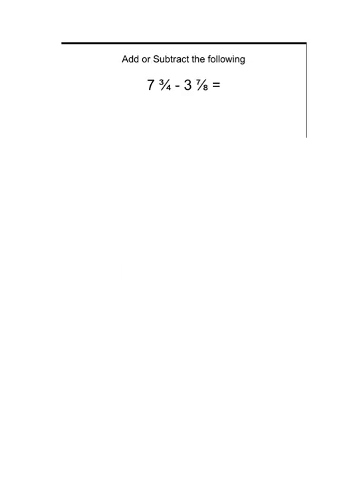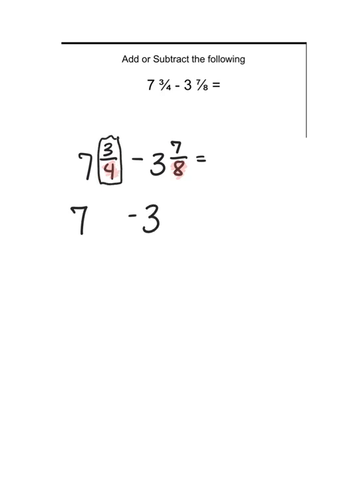Okay, now we're going to subtract 7 3/4 minus 3 7/8. And the first thing that I notice, since I'm going to be subtracting fractions, I see that they do not yet have common denominators, so I need to fix that. Our whole numbers can remain the same, and we just need to change this. This is an easy one to change, because if I cut it into 4 equal pieces and I shade 3 of them,